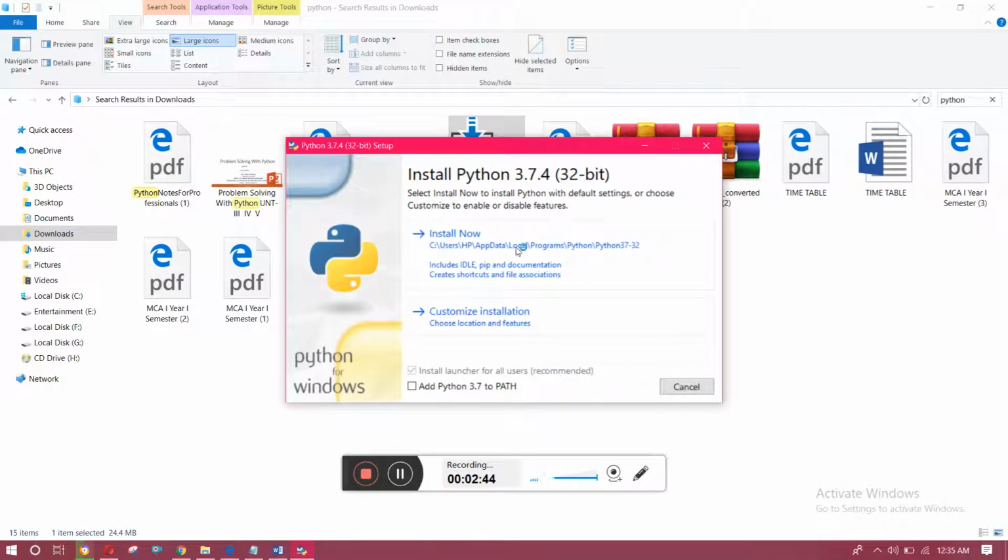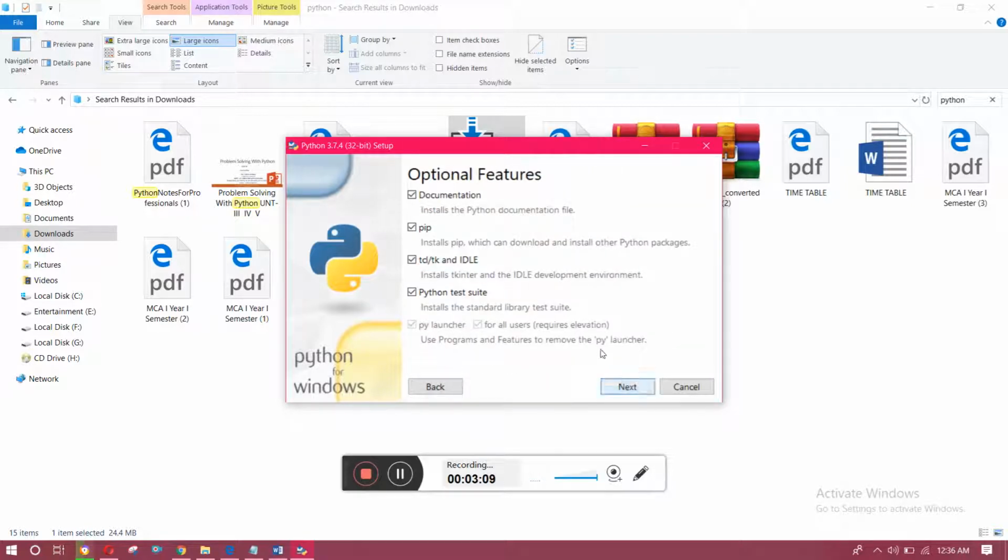Here this pop-up page will appear. We want to choose Customize installation, but you have to check Add Python 3.7 to PATH. This must be checked. I want to customize the installation. Choose it, and select all the tick marks here. After selecting these tick marks,